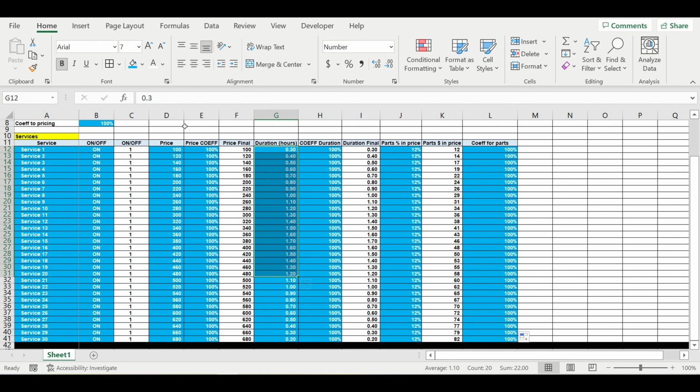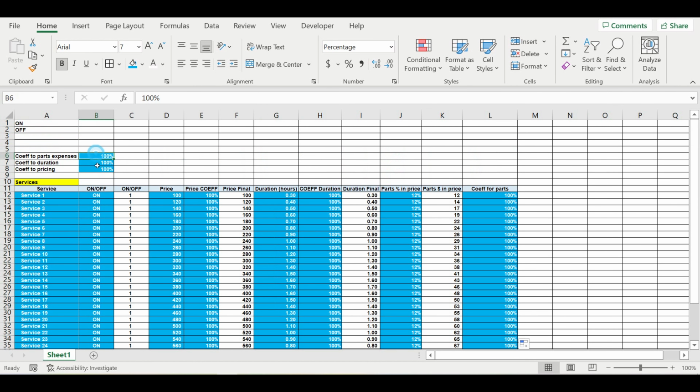First of all you will start playing with these global coefficients, then you will move to these coefficients, and then finally you will move to numbers. So numbers will be the third step of playing with coefficients. First of all, you will start playing with big coefficients, to get the big picture of your business idea efficiency. So coefficient for parts